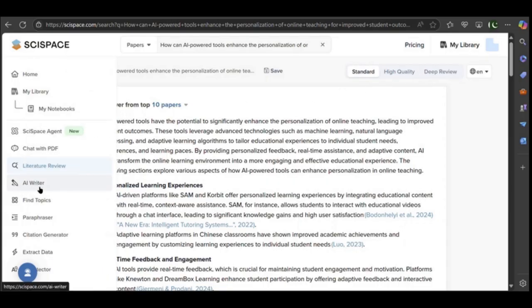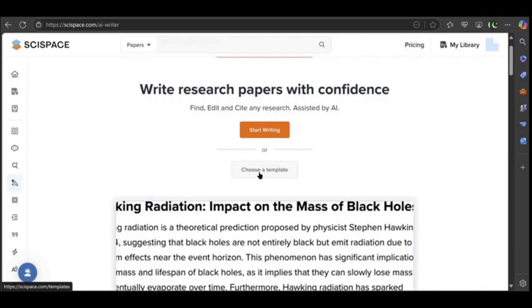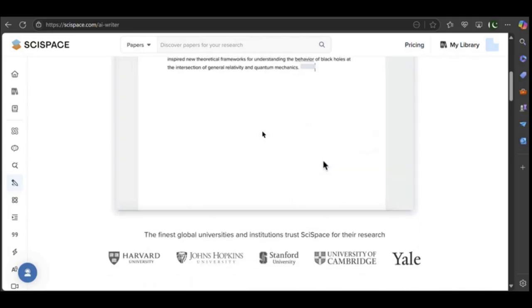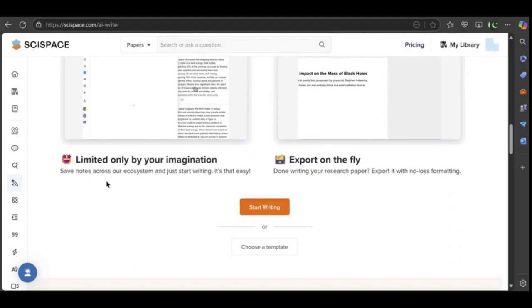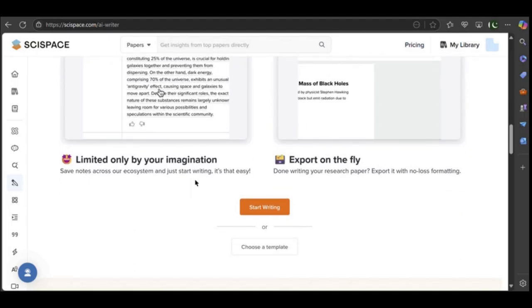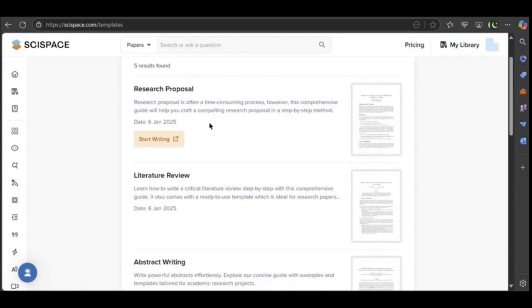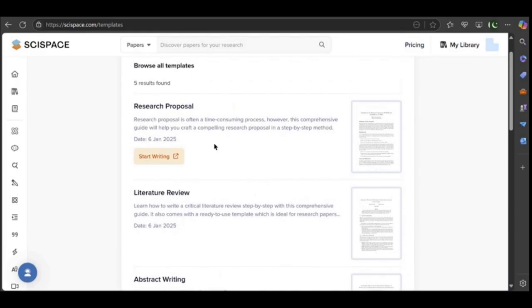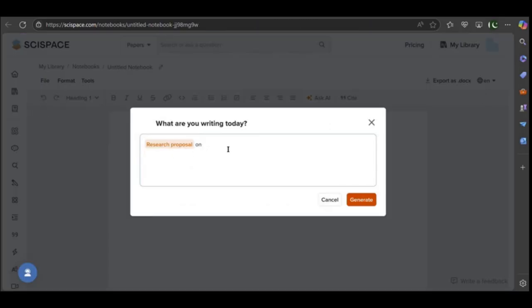Okay, so the next feature is AI Writer. If we click it, you can see it asks us to choose any template, or we can start our own writing. Okay, so here we have the templates available. Auto complete your thoughts, cite your work, limited only by your imagination, and this and that. Choose a template. If you want to choose any template, you can choose research proposal, literature review, abstract writing, thesis statement, essay writing. So let's say I write a research proposal. So I'll click it. The template will be opened in front of me, and I'll have to give a topic